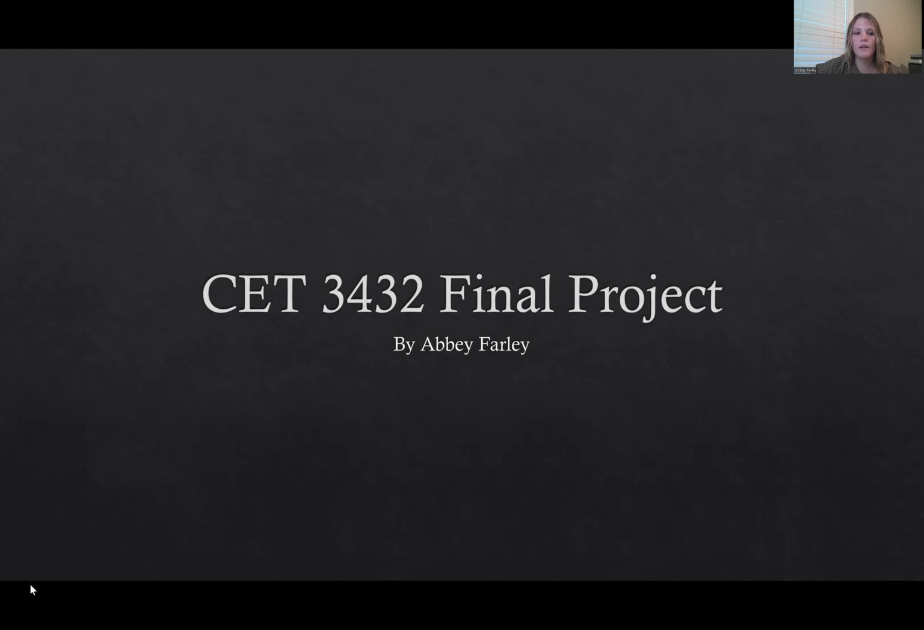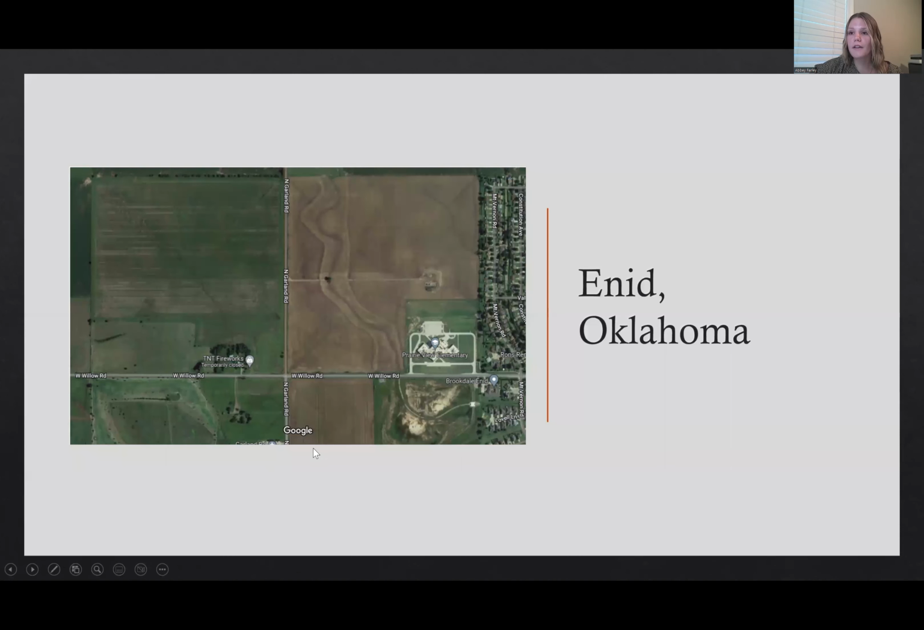First off, the assigned location I was given was Enid, Oklahoma, specifically the corner of North Garland Road and West Willow Road, as pictured here. I put the building in this corner near TNT Fireworks, which you can see has very little sloping or topography on that plot of land. However, there is an existing drainage ditch as well as an existing culvert that I did utilize in my dewatering